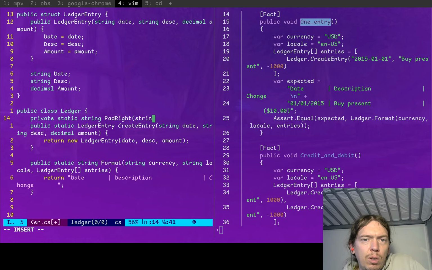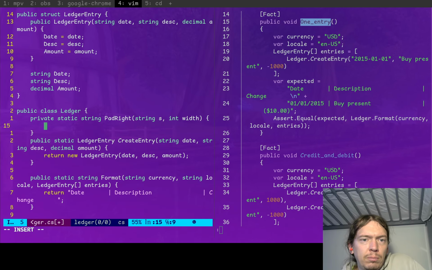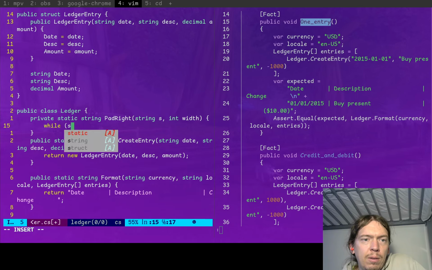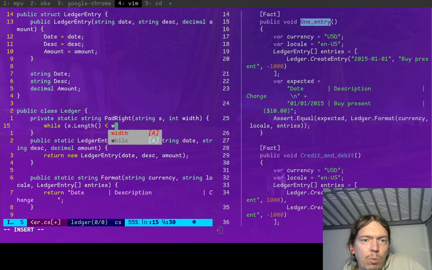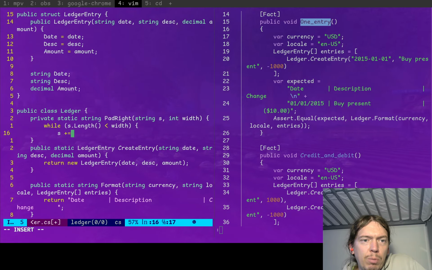Okay, string s, and int width. And then we're going to say while s length less than width, s plus equals